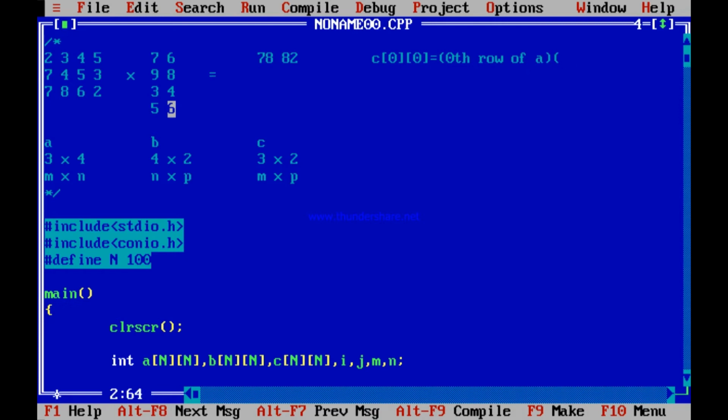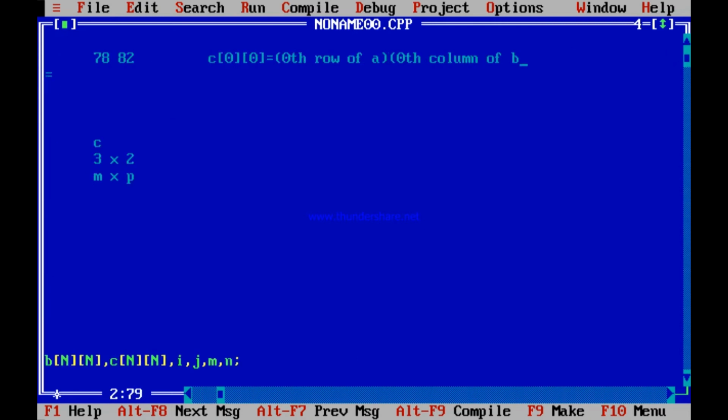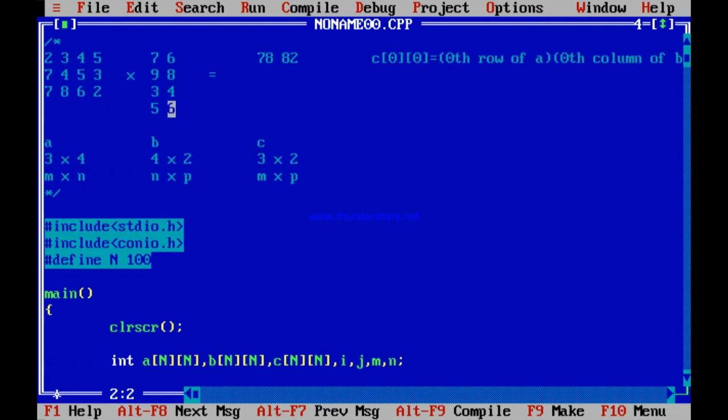The 0th column of B. But when you are calculating the next thing, C01, then what are you doing? You are taking, this time, the 0th row of A and the 1th column of B.